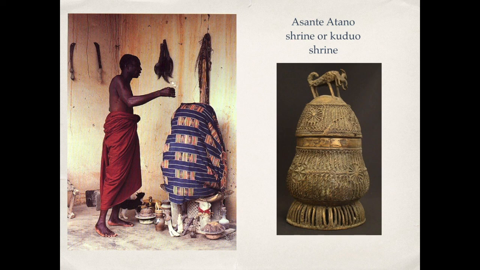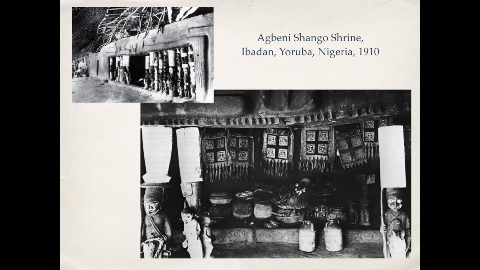inhabiting this shrine. Another important shrine in the Yoruba, you can see here this photograph from 1910. You can see this wood structure with these carved pillars supporting an area that would be filled with offerings, and this is an opportunity for a priest to maintain this, receive the offerings and help with the prayers. And this is a much more formal